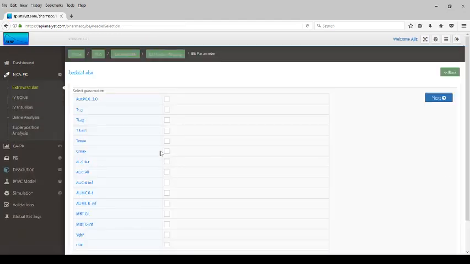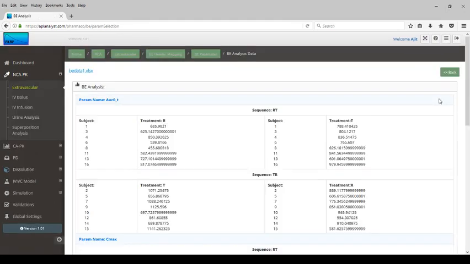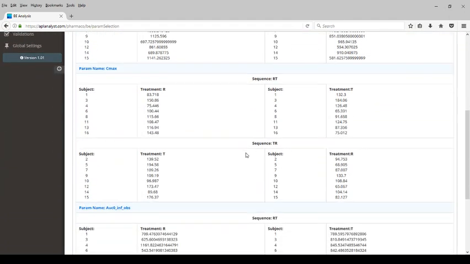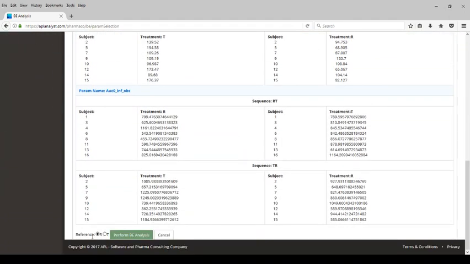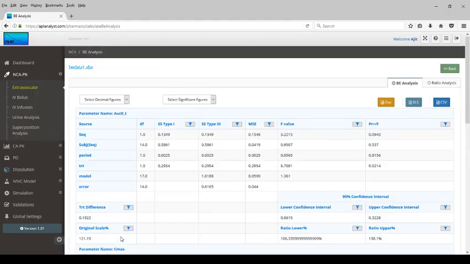and once that mapping is done, you can click on next, and then the list of the parameters, including the partial AUCs that you computed, are displayed here. For the BE analysis, select the parameters Cmax, AUC, and AUC infinity, and the intermediate analysis for the AUC and the Cmax is shown here, and then your reference treatment is R. Then click on perform BE analysis, and here the BE analysis is being performed for you